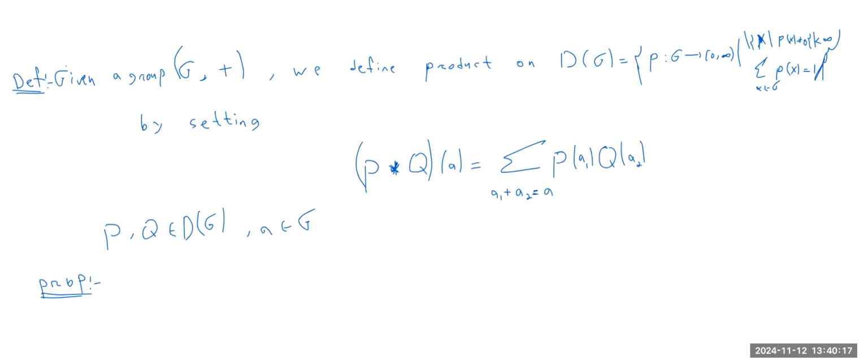Proposition: this G with the convolution is a monoid. It's even a convex monoid, we'll talk about this, but at least for now it's a monoid, where the unit of this monoid, what we call the identity,